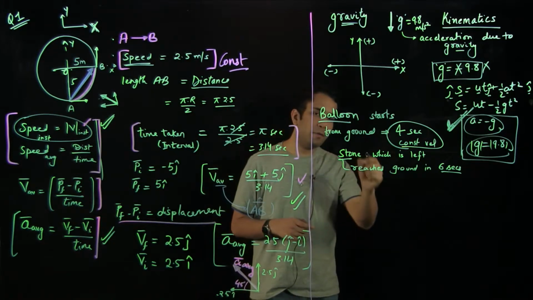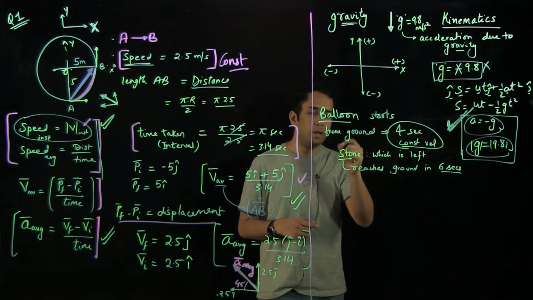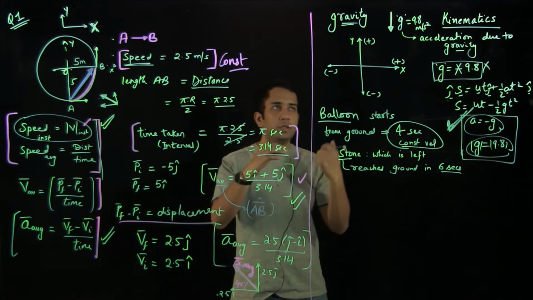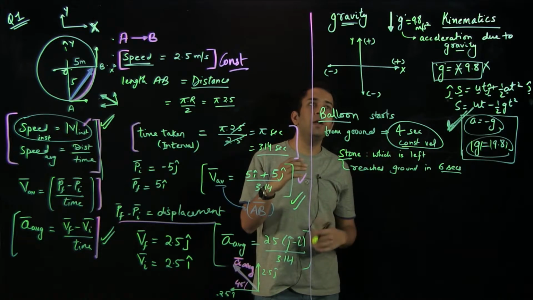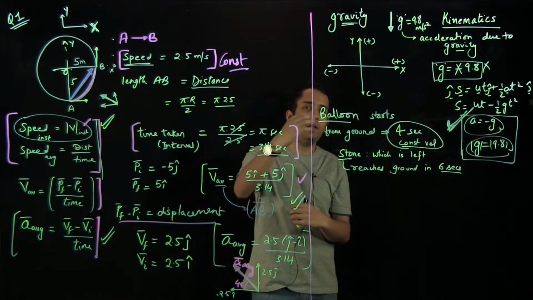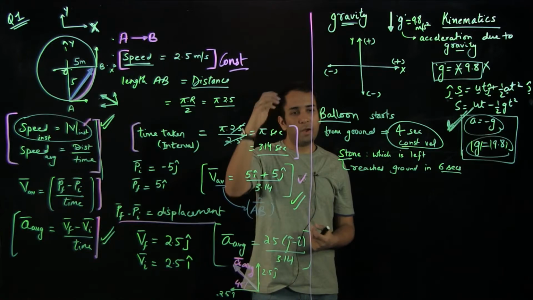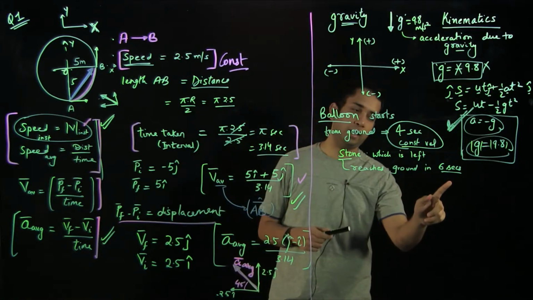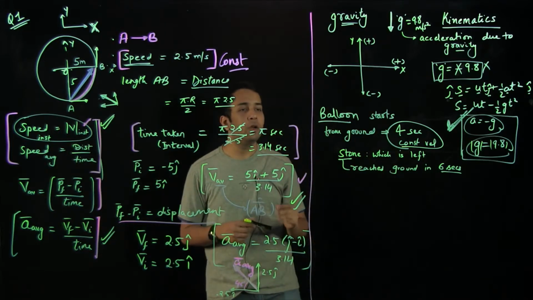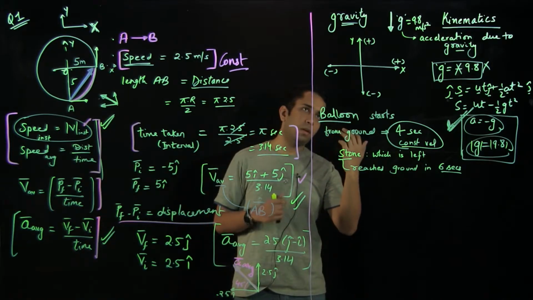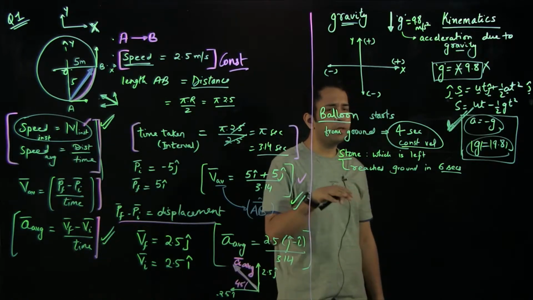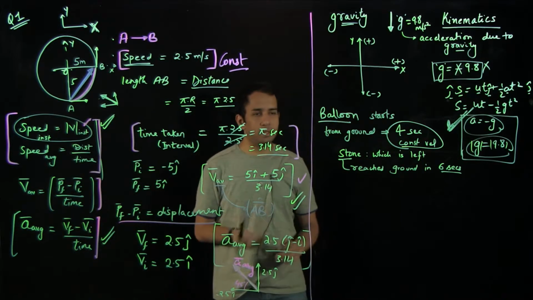Because the stone was left in the air at that moment, its initial velocity will be considered to be 0. Because the velocity was 0, then the force of gravity acted upon it, and due to that acceleration due to gravity, it gained some speed while it was reaching to the ground. And it reaches ground in 6 seconds. So we know the time it took to come from a certain height which the balloon attained in 4 seconds and then hit the ground in 6 seconds.